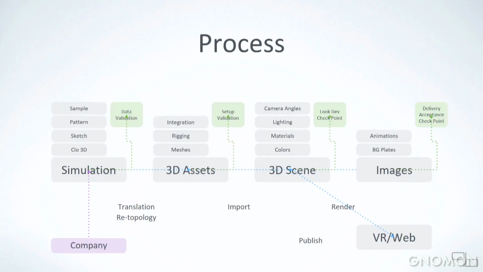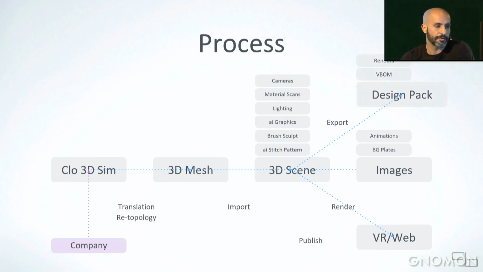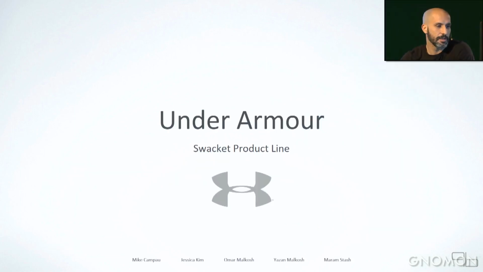We typically start our process looking at what does the client need and where are they going with this, and a lot of times there's different things like simulations and 3D assets and 3D scenes, and some of them are coming from the design companies and some of them are not, and we'll kind of refine that as we go. For this, what we're going to talk about today is specifically more simulation of pattern data. And our output typically, whether it's a render or a design pack or VR web, all that kind of comes in from the publishing side.